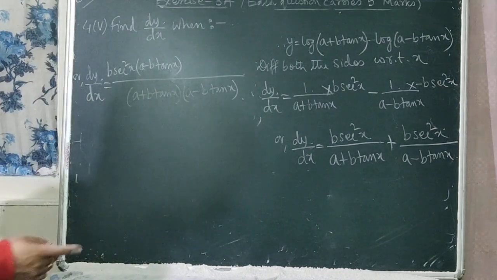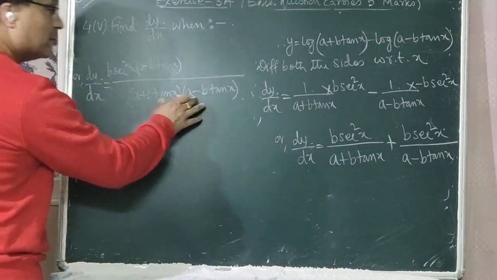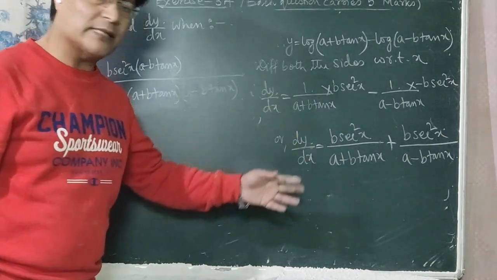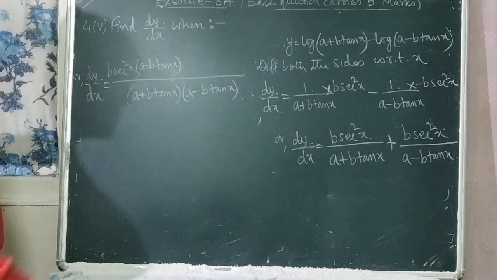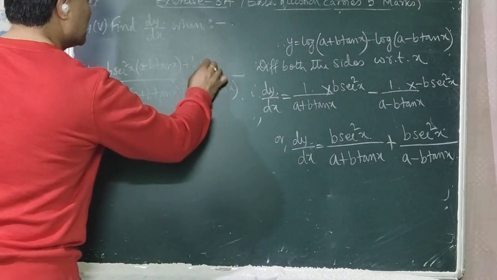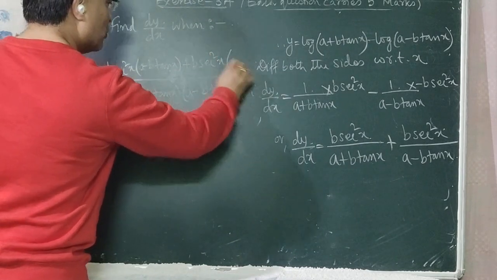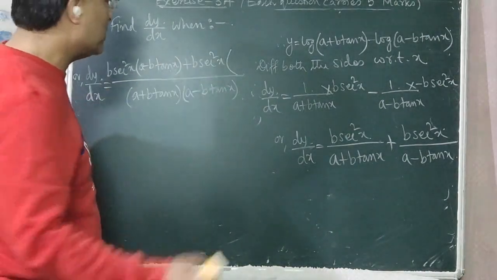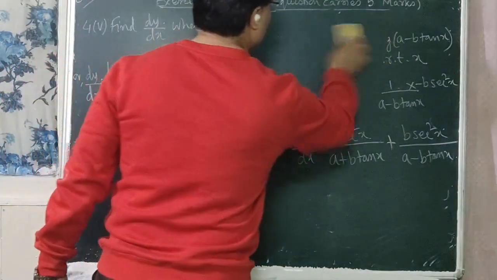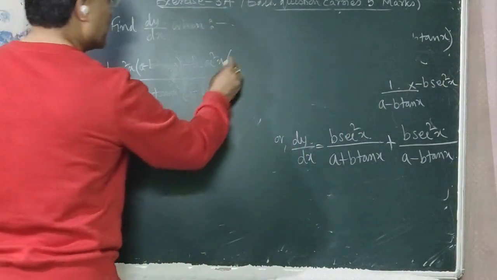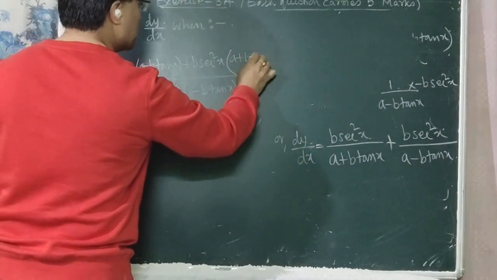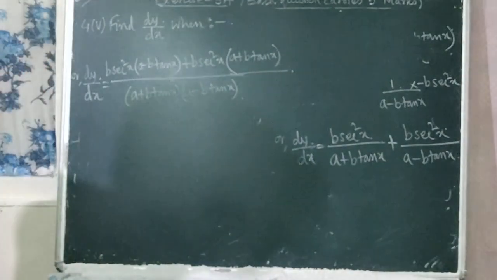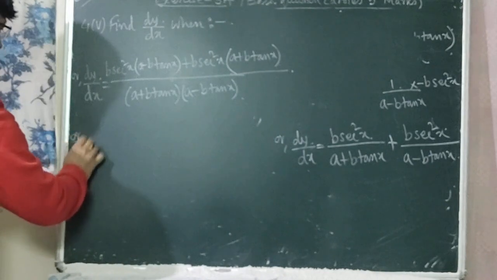Is that clear? Next one is, now again this LCM is divided by a minus b tan x, and this a minus b tan x gets cancelled, you will get a plus b tan x. Okay, so plus b sec square x, and within bracket what do we get? Now this a plus b tan x should be multiplied by b sec square x, right? So b sec square x into a plus b tan x. Okay, so dy by dx